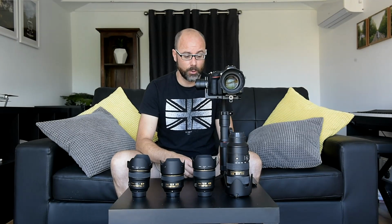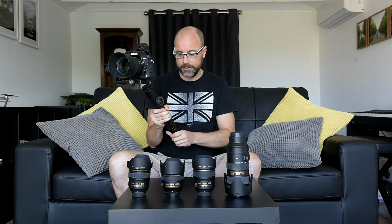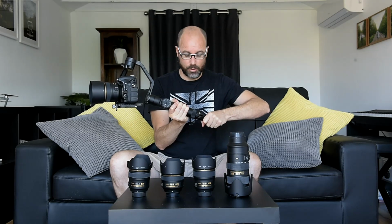So the 85 1.4, as we can see, balances really nicely. Not too bad in terms of the heaviness or the weight of it. Really quite happy to hold. What I was talking about before, and you've probably seen this in videos before, I like to use my left hand here on the base of the tripod feet. Just helps me with a little bit of leverage, takes the weight off my right wrist,